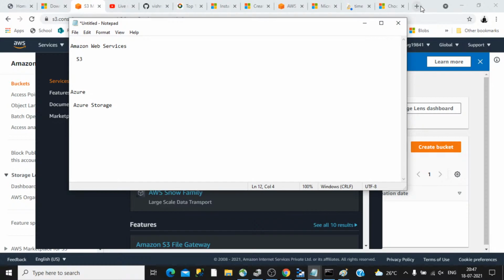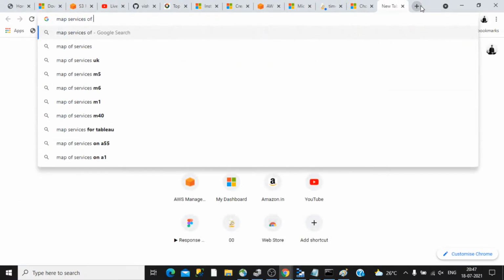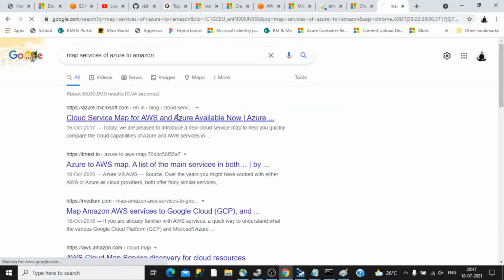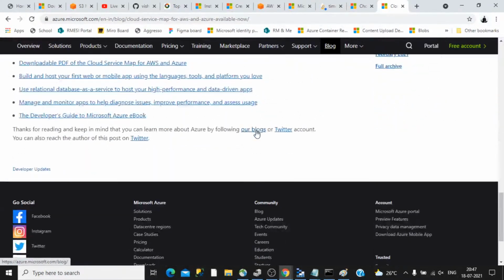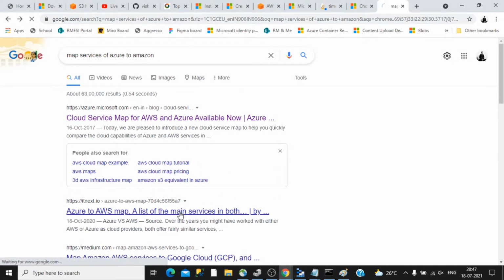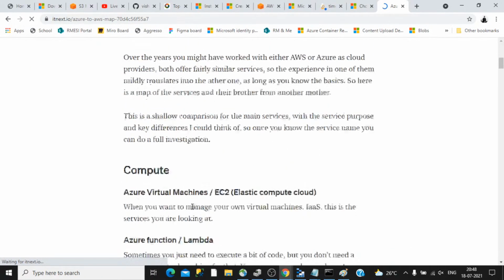For example, there is a website called Cloud Service Map, which maps Azure services to Amazon. Not this one, a similar service.